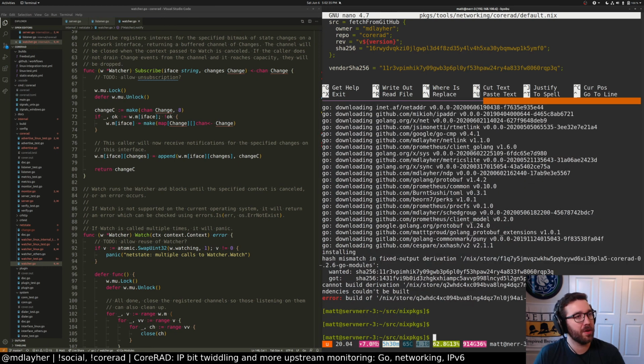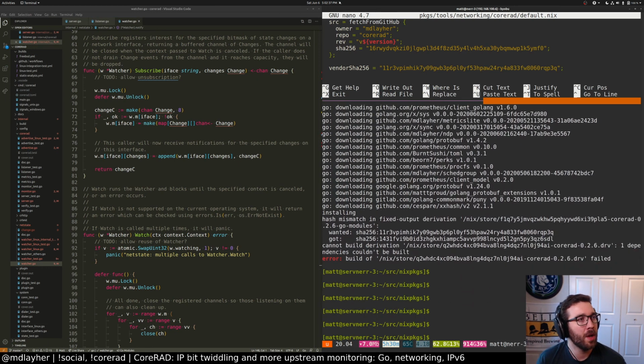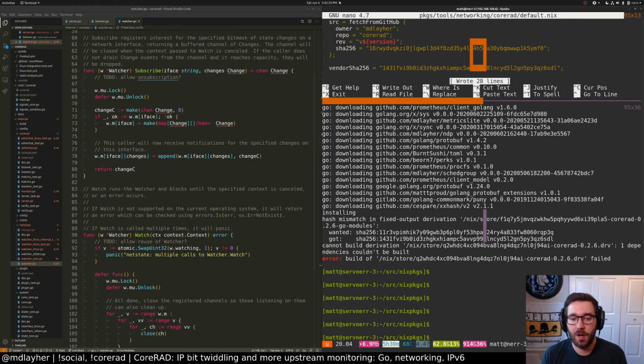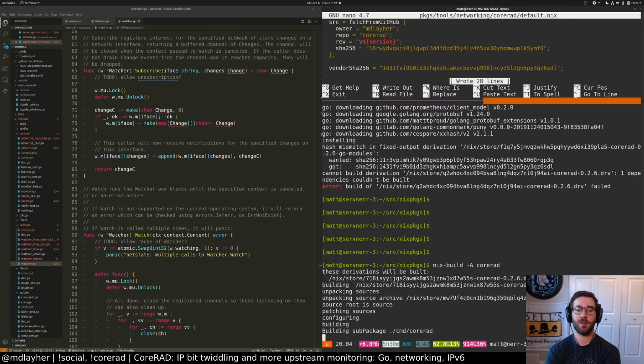There we go. So you can't quite see that message. It expected a different Go modules hash. It actually does a checksum of all of the dependencies, like takes a hash of the whole thing. So I need to put this in the file. I don't know a way to pre-compute this other than just running the build. It's kind of annoying, but it is what it is. So with that up to date, this should now build just fine.